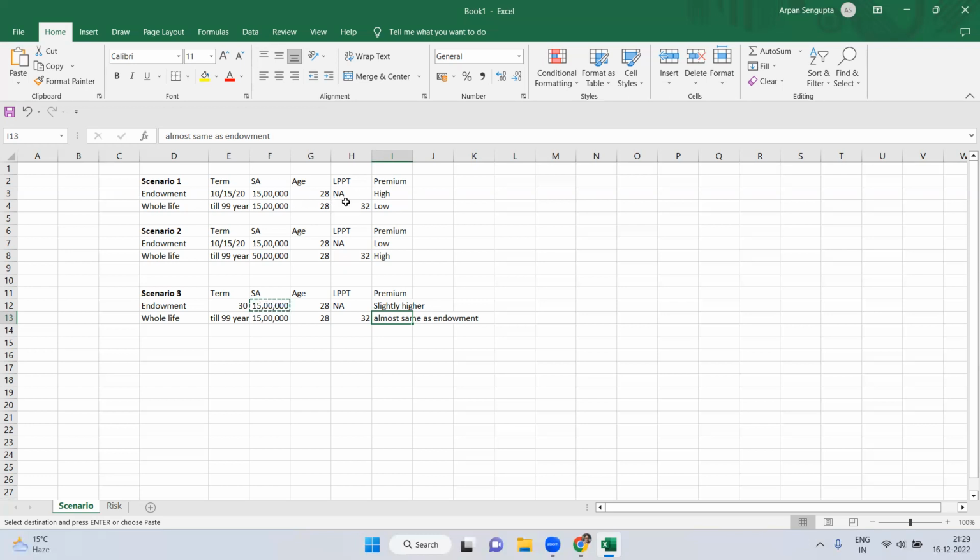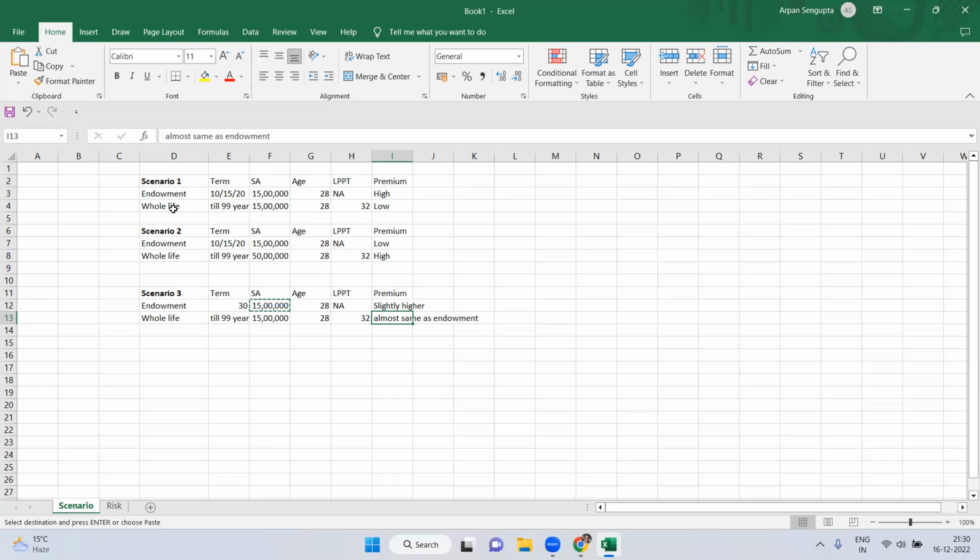So the premium in this case would be higher for endowment and lower for whole life. Why? Because the maximum term here is 20 years, so the premium would be discounted for a lower amount of time, but here it will be discounted for 32 years. Because of that, although the premium is supposed to be the same, the investment risk for whole life is slightly lower. So the premium is supposed to be slightly lower even for the same sum assured. And then it is discounted more, so obviously the premium for the whole life would be lower. This is the concept based on which I made my previous video on which this question was asked.